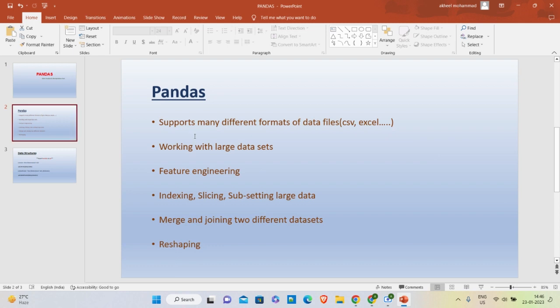The first feature of Pandas is that it supports many different formats of data files. Like if you have a CSV file, Excel file, or JSON file, you can easily import the different formats of files into a working environment and work on them. And the second feature is working with large data sets. You can easily import large data sets into a working environment and perform different operations on the data